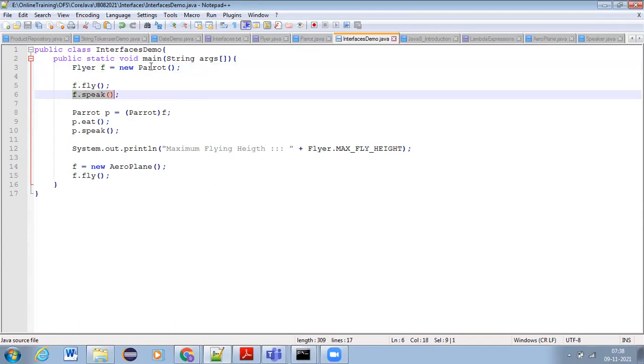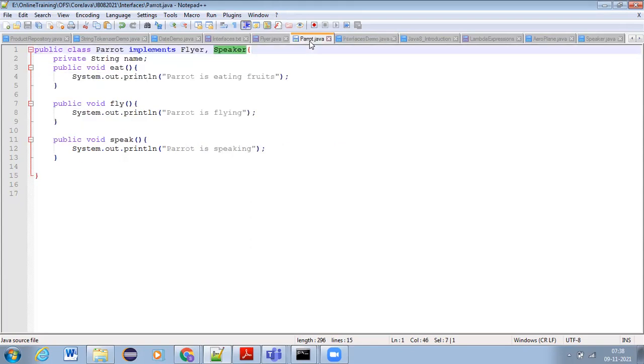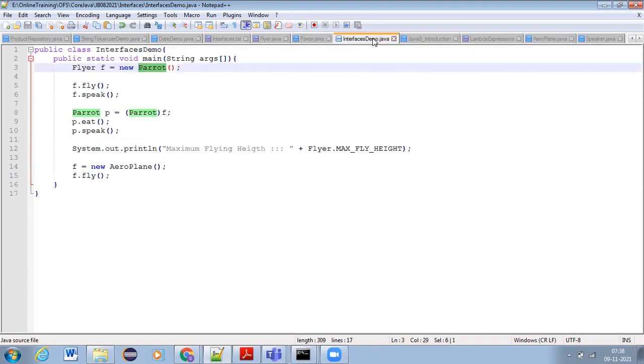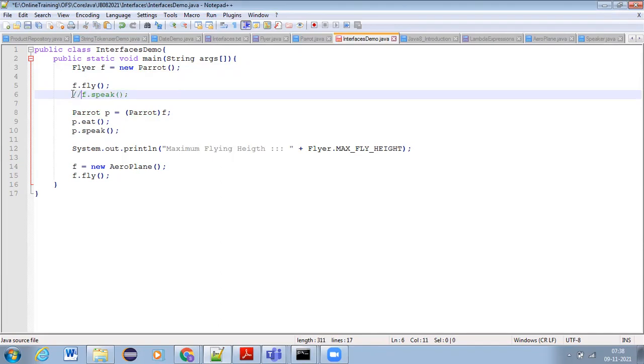So even though the subclass, the parrot class, has the implementation for the speak method, it does not allow you to call it, because in the reference variable scope you don't have that method. It will be restricted.